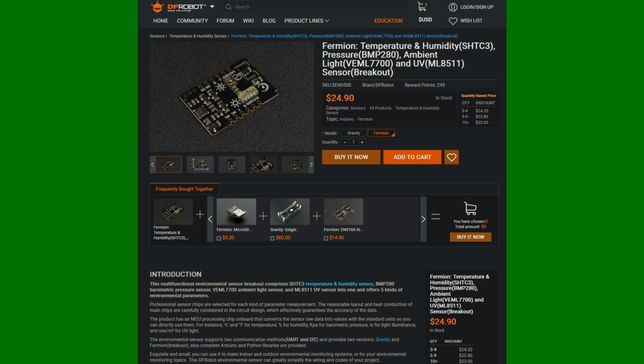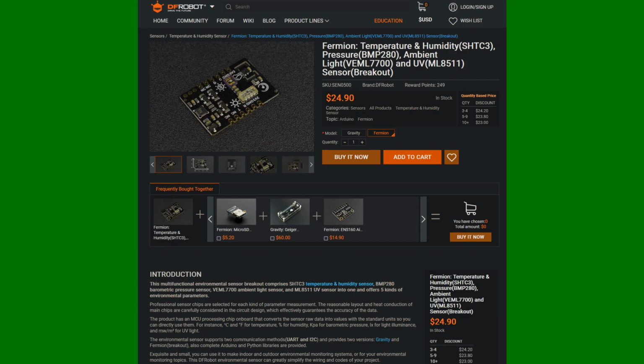Based on what I was reading here, part of your testing might be to see how different materials block UV radiation. It might be interesting to see the difference in the amount of ambient light versus UV radiation that gets detected. So this one sensor will basically do everything that you need. I think I saw on here that you may have also wanted to use... no. If you just use this one sensor, it will get everything that you need and more. So that would be my recommendation.